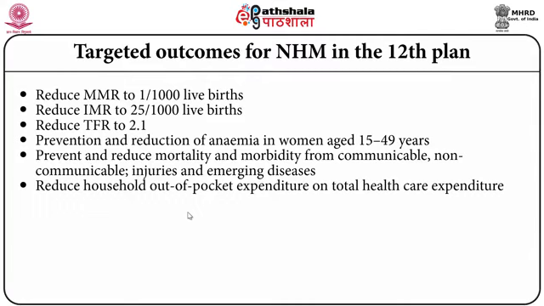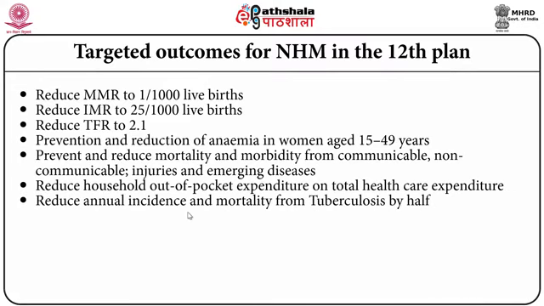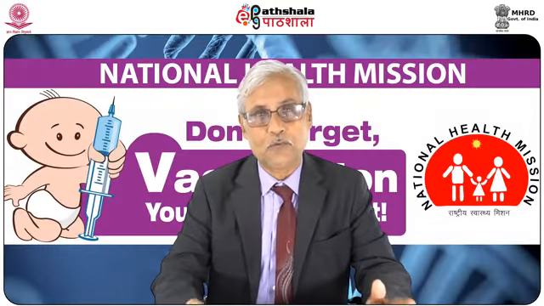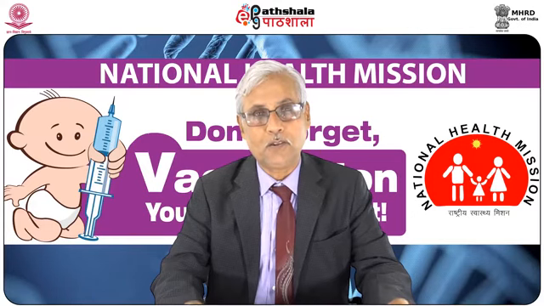The next targeted outcome is to prevent and reduce mortality and morbidity from communicable and non-communicable diseases, injuries and emerging diseases, and to reduce household out-of-pocket expenditure on the total healthcare expenditure. The 12th plan primarily aims at reducing catastrophic out-of-pocket expenditure. In fact, nearly 2% of India's population goes below the poverty line every year just because of